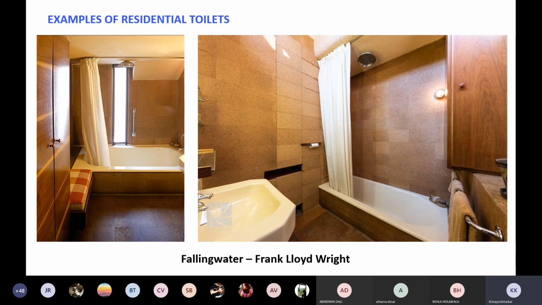And it's more like a squarish kind of bathtub. Just before the bathtub you can see there is a seating as well. And in front of the seating is your wash basin. Then you have a walk-in wardrobe, so the seating also serves within the walk-in wardrobe. Also the shower is at the top, right at the center of the tub. So all the pipelines here are concealed, unlike the ones that we saw in Le Corbusier's toilets. What you see is only the fixtures and the accessories which are installed.